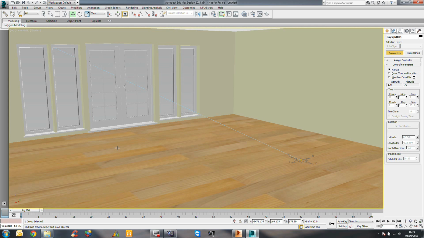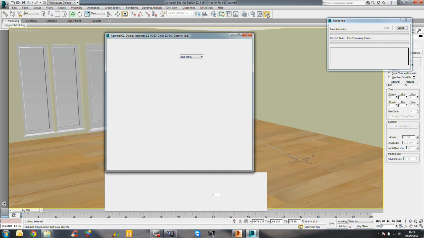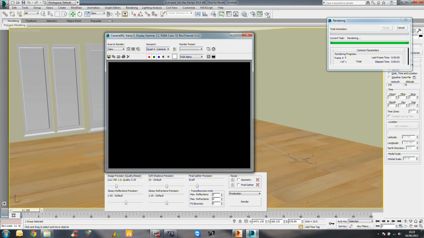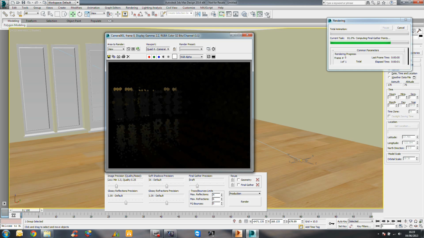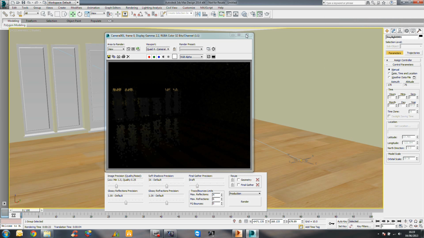If I go to my camera and just hit render, let's just leave that a couple of seconds just so it starts the render off. We can see that the render itself looks very, very dark, but we're actually getting that sort of yellowy, orangey, reddish haze coming through the window that you would get at a sunset or a sunrise. If we just cancel that and close the render output window,